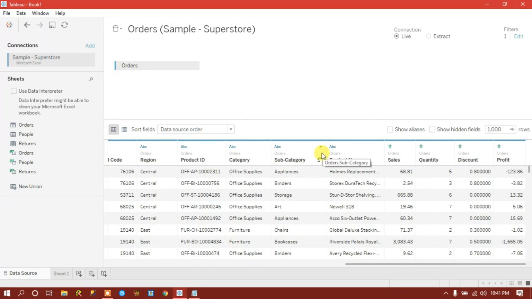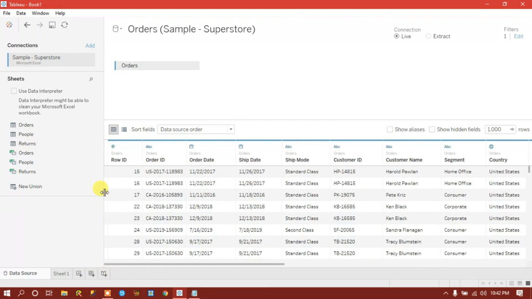Continuous means, let's say you have 1 to 10 values. How many possible values can be available between 1 and 10? There could be 1.1, 1.2, 2.1, 2.2, 2.10 and so on up to 10. So you can say n number of values can be available, including decimals.